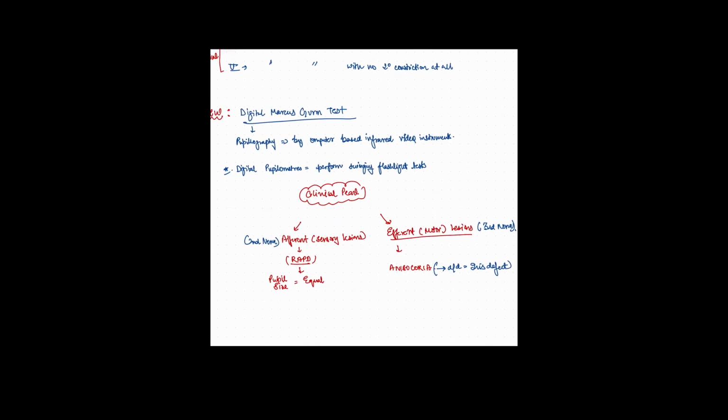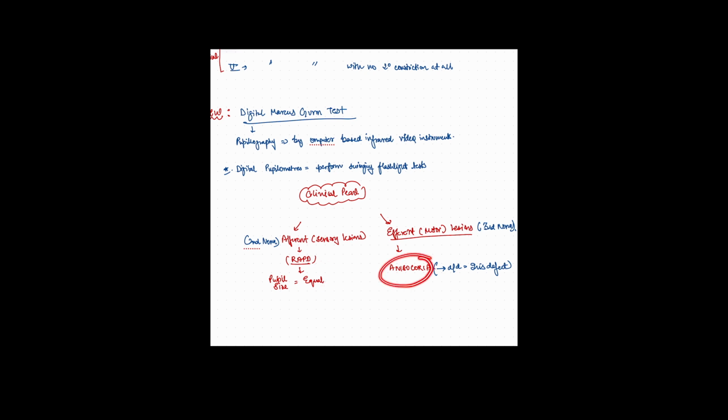Now the clinical thing I was talking about earlier: in isocoria, why should there be equal size of the pupil? Because very easily we can differentiate between afferent and efferent lesions. Afferent, what does afferent mean? Afferent means away from the organ, that is what we learned, right? For example, the eye is taking information to the brain. Whatever nerve is taking that information to the brain is your afferent nerve. It's the second nerve. So when that is damaged, what we have learned is RAPD, and the pupil size will be equal.